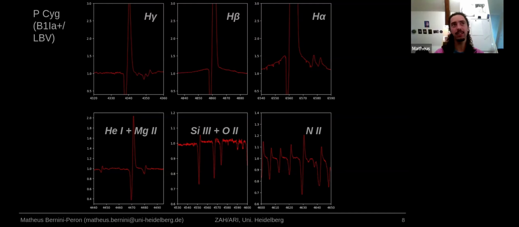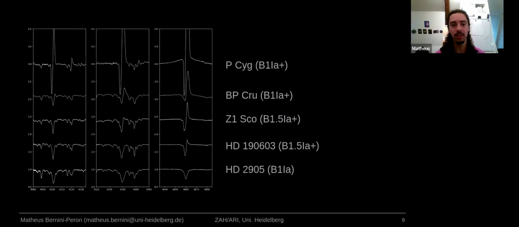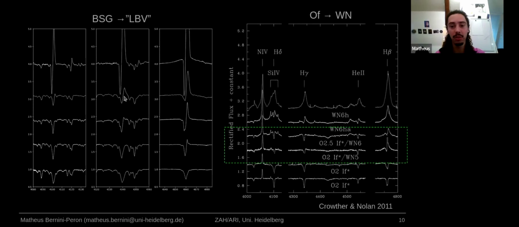So essentially this illustrates what it means for a star to be a hypergiant. It's essentially a spectroscopic classification in which the Balmer lines from H beta and bluer start to get in emission or in P Cygni. And here I'm just showing some stars which I showed before, in comparison. And this spectroscopic characteristic of having H beta in emission is something that we also observe in a very